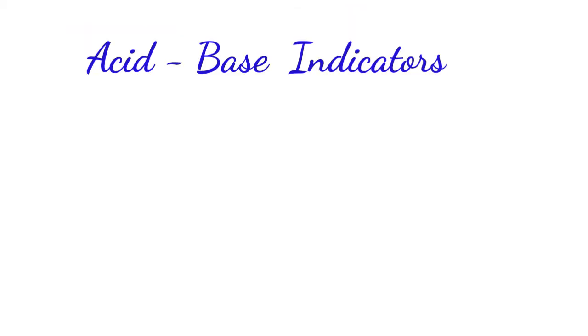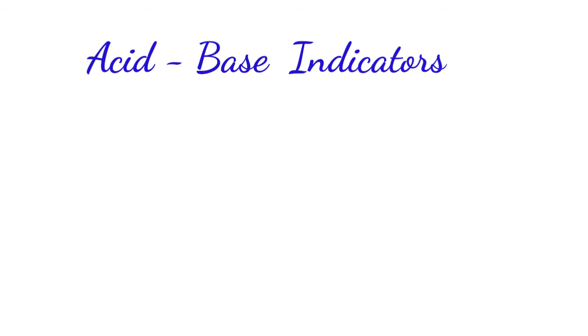In this chapter, we are going to study acids, bases and salts in detail. We cannot identify acids and bases simply by tasting them. This is because certain acids and bases are corrosive and can harm us. In order to recognize them, we use a chemical substance called an acid-base indicator, or simply an indicator.